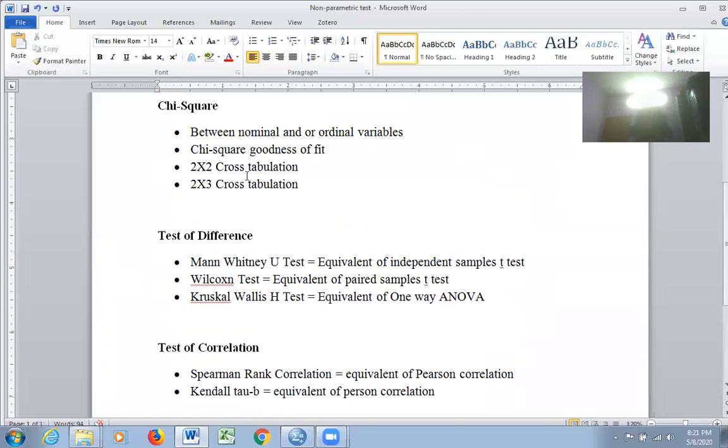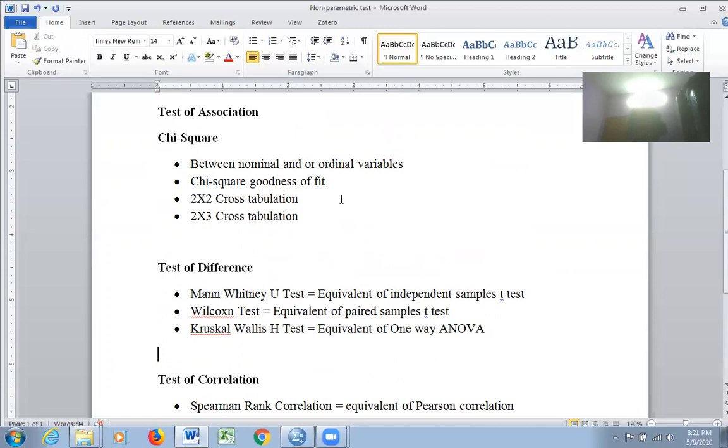Before that, let me come back to this chi-square where I talked about three different varieties of chi-square. One is chi-square goodness of fit. So this test is to be conducted when you want to compare whether the data you have collected, what you have observed, fits into a well fixed, predicted, already available pattern. A particular pattern is available already in a society, in a community, in an environment. You have collected some data from the participants. You want to check whether this observed value is in line with the prediction or is in line with the standard which we already have.